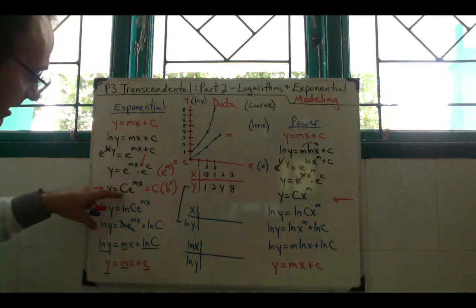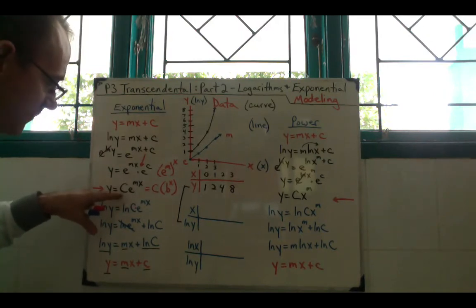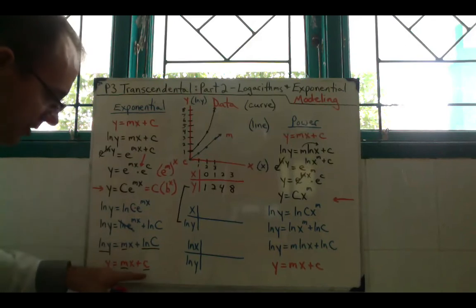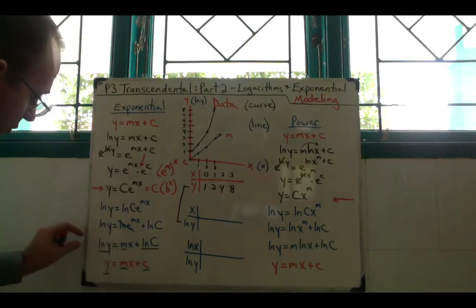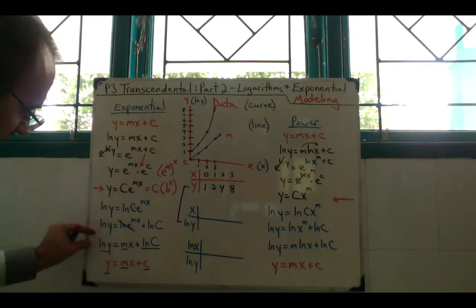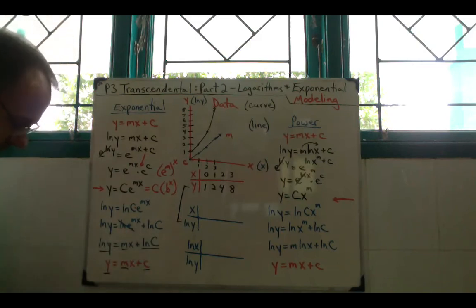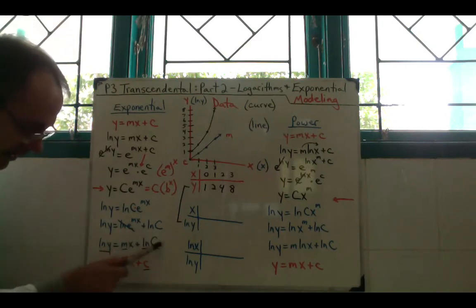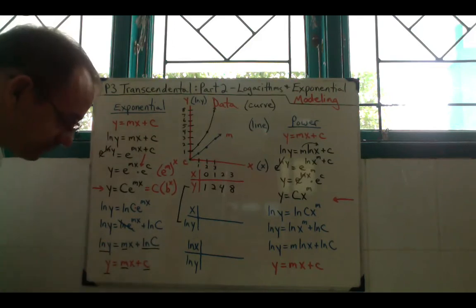So this right here, ln of that value, is your y-intercept. So once you get it into this form here, you can easily figure out what your y-intercept is